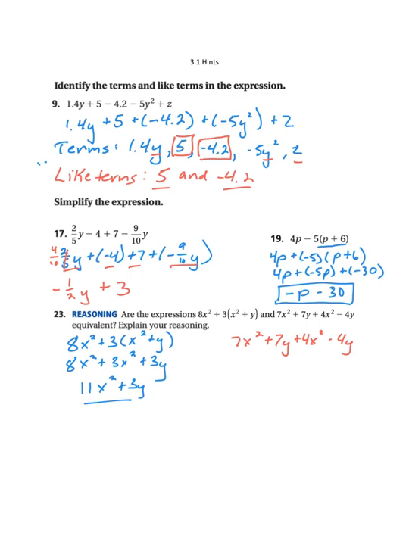Now let's go ahead and simplify the second one. I don't need to distribute anything in this one, but I can combine my x squared terms. 7x squared plus 4x squared is 11x squared. So far that's the same. And my y terms, I have 7y minus 4y, or I could think of that as 7y plus negative 4y. So that's positive 3y. So these two terms are the same because when we simplify them, we get the same